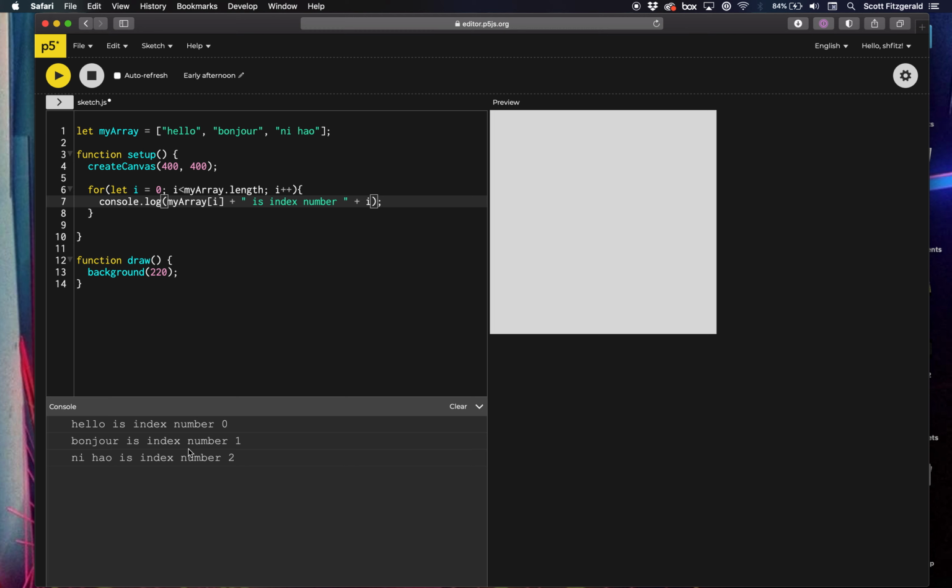So this right here, hello, this is actually index number 0. And then bonjour is index number 1. So the reason that it's set up like this is arrays start counting at 0. So the first thing inside of there you actually access by asking for index 0. So you can ask for what's inside of an array just by saying something along the lines of console.log myArray, and then you can give it a number, right? So if we try 2,